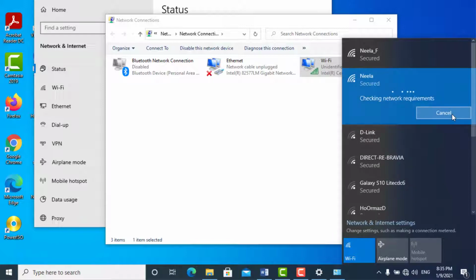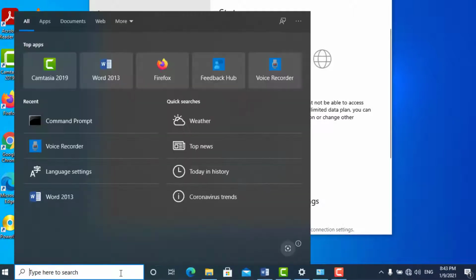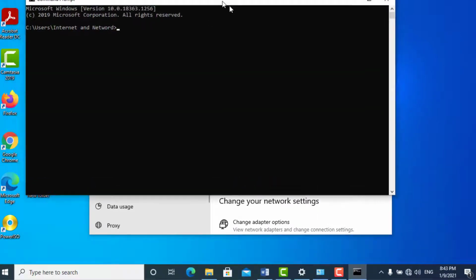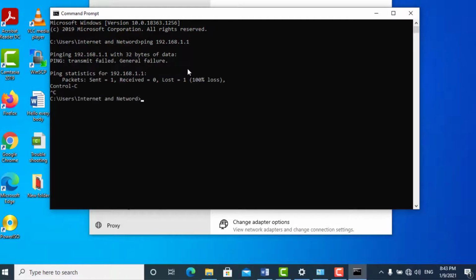If you are connected via cable or wireless but can't open any website, you can use the useful utility that I described to you in the last video: CMD, or command prompt. Search CMD in the search part and open the command prompt. At the first, try to ping your router IP. Most of the time, your router IP address is